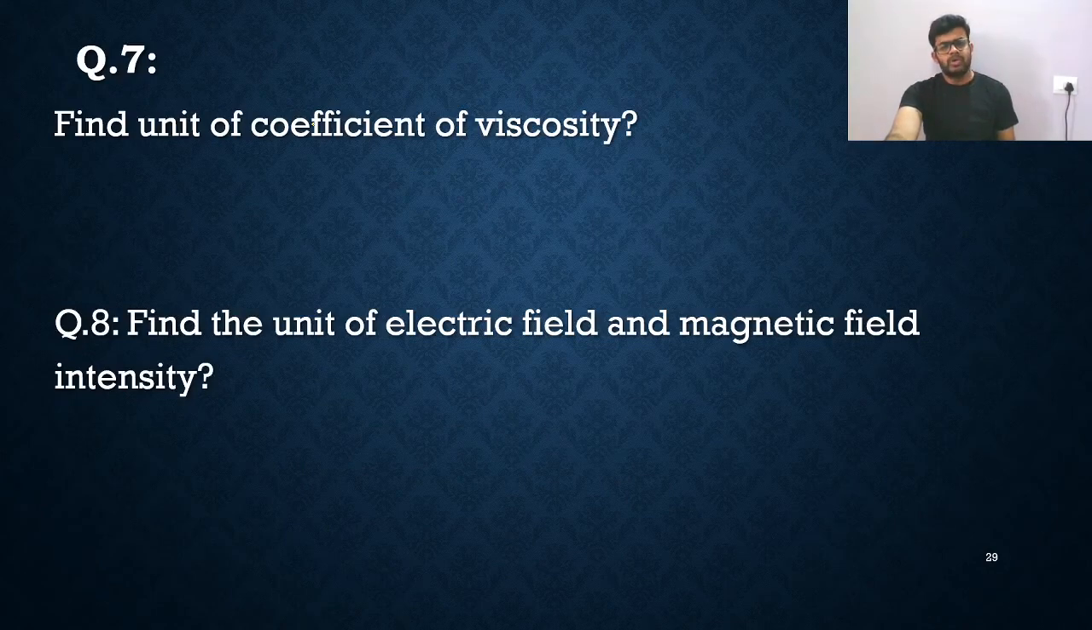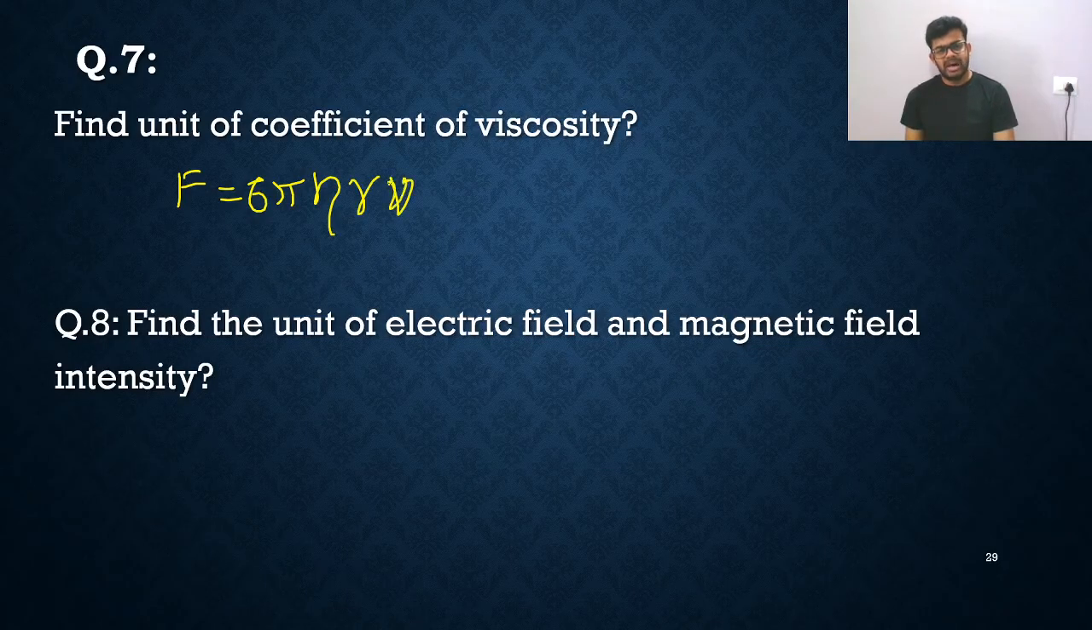Unit of coefficient of viscosity. How to find it? All of you should remember the formula F equals 6 pi eta r v. Here 6 is constant, pi is constant, eta is the coefficient of viscosity, r is radius, v is velocity, and F is force. So you will say directly eta is equals to